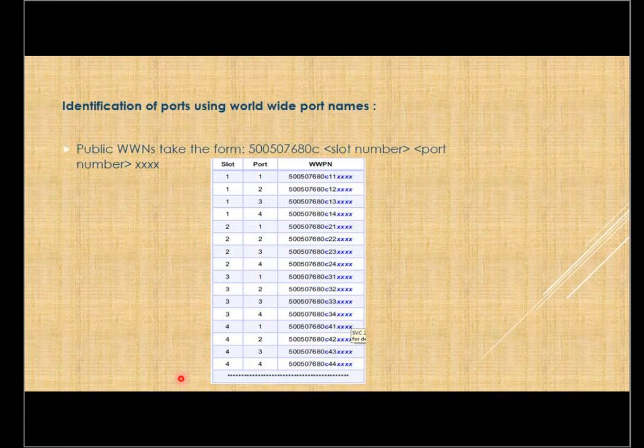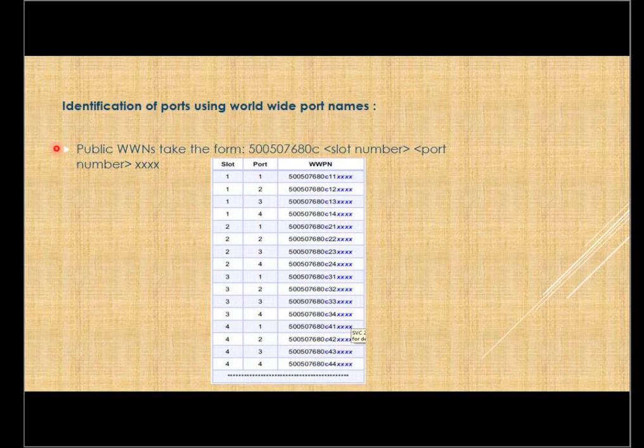So hello everybody. We'll start from where we had left yesterday. Yesterday we were able to touch the SVC CG8 model and DH8 model. This is one of the slides that we were not able to complete yesterday. This is one of the most important slides, which clearly tells us about the different Fibre Channel ports. As we discussed yesterday, we have 8 Gb-based Fibre Channel ports, and we can have a total of 16 Fibre Channel ports. Just by looking at these WWNs, we should be able to identify the slot number and the port number it is associated with.